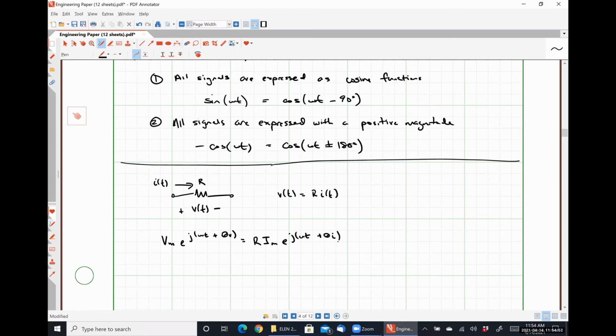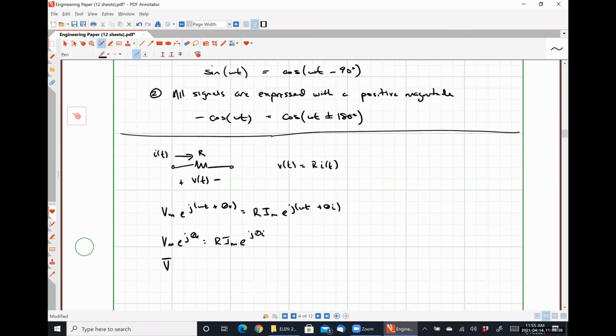We're simply replacing v(t) with our complex representation of v(t), and replacing i(t) with our complex representation of i(t). We can see that there is a common factor of e^(j omega t) on both sides, which gives us Vm e^(j theta v) is equal to R times Im e^(j theta i),